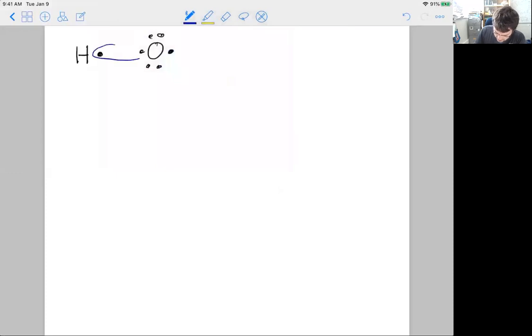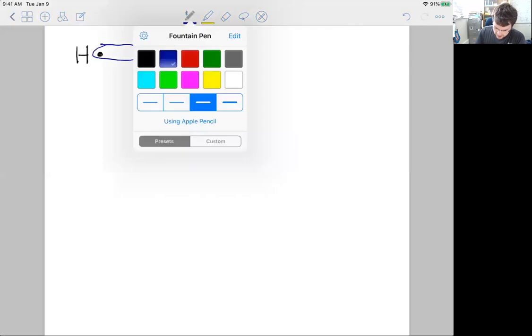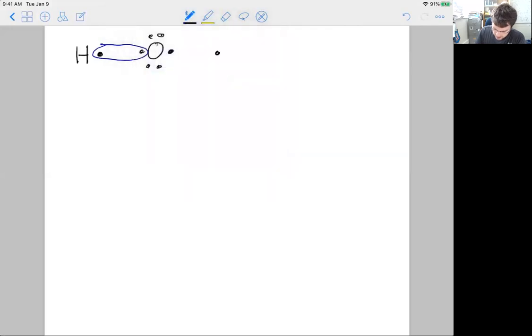So instead, what it's going to do is share electrons. We're going to have oxygen and hydrogen share electrons. And oxygen actually has room for not 1 hydrogen, but 2 hydrogens. So hydrogen and oxygen sharing electrons. And what we see is that if oxygen shares electrons with 2 other hydrogens, we get to a